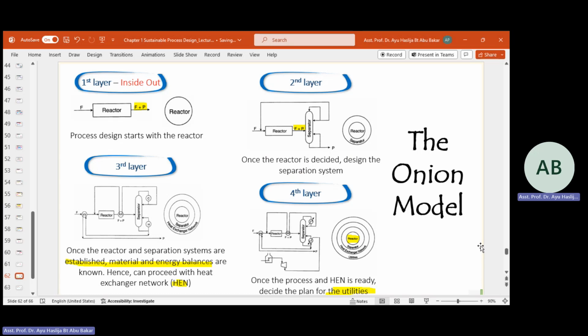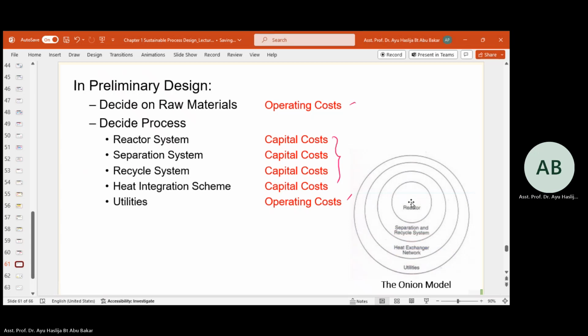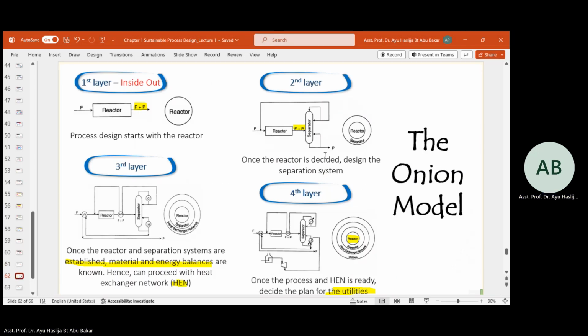Okay, for the onion model, you can see over here, we start from the inside, from the reactor, then go up until the utilities. Okay, we see how it is considered. First layer, the reactor. Once you have gone through part 1 and part 2, you develop your base case, you have the process flow already, and then you go